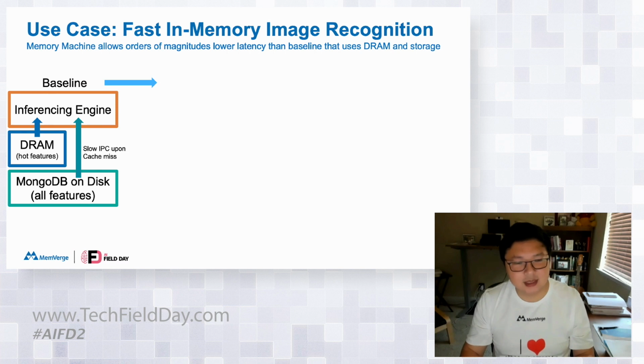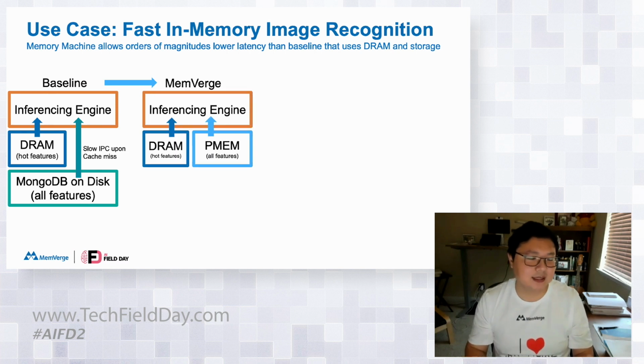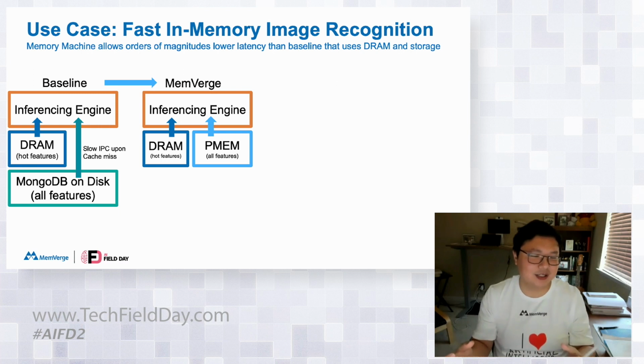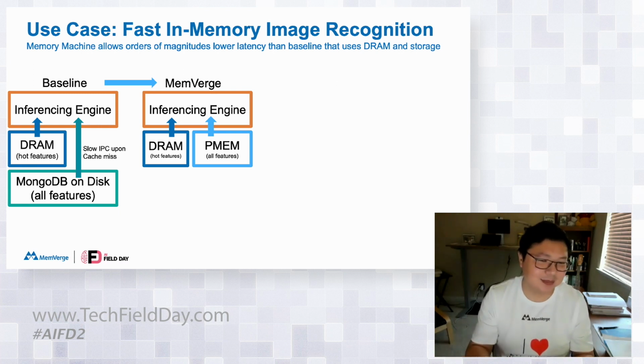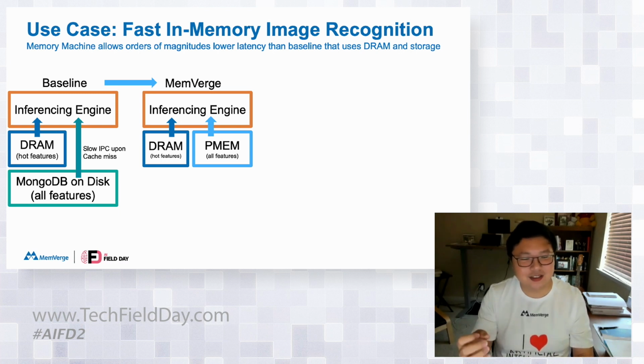So working with the customer, we created another basic framework. Essentially, what we did is very simple. We just use the PMEM and give them our allocation library, and the customer is able to create another hash table inside the persistent memory and move all the data in MongoDB into the persistent memory as well. So in this case, not only is the cache miss penalty much smaller, because we are directly hitting the PMEM,